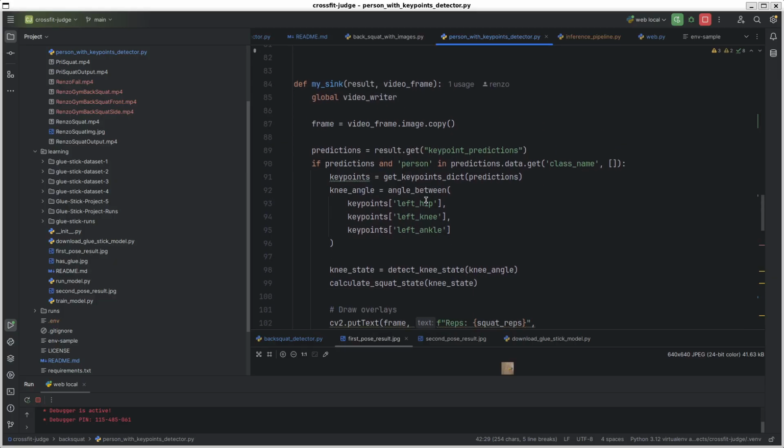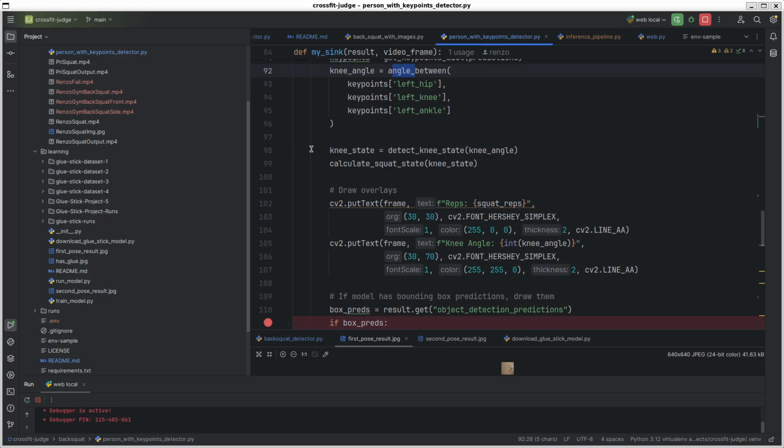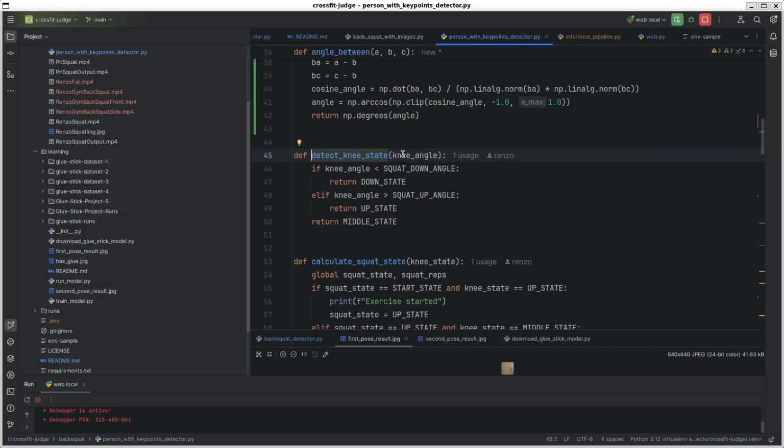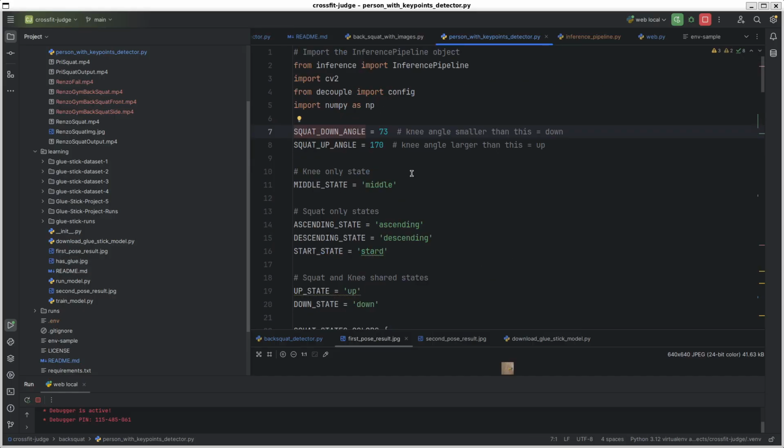Okay. Based on the angle that I have, I calculate the states of the knee, and I defined 3 different states because it's static. Either you are in the down angle, if your angle is less than, and let's see this value in here, 73. How have I come up with those numbers? I used the workflow, right? I put in the image that I consider a good bottom position of the back squat, and checked what would be a good threshold for that.